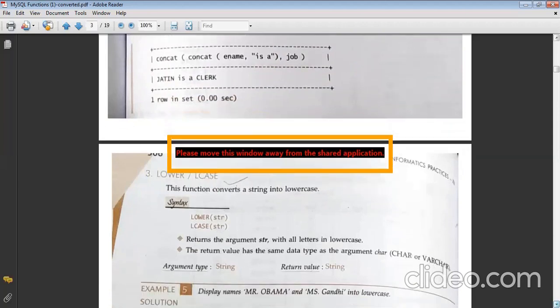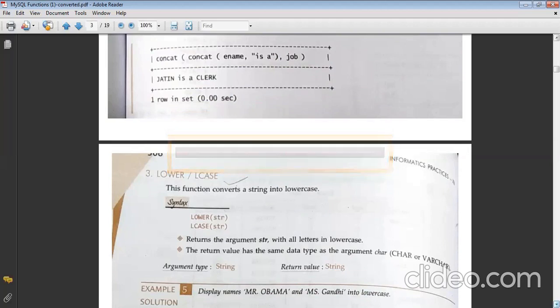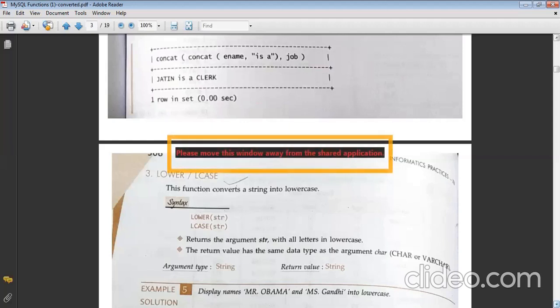Yes. Okay, so coming on to our third function. By this time we have covered two functions: one is your char and the second one is your concat. The third function is your lower or lcase, as the word itself suggests. Lower or lcase says that if you want some strings in lower case, lower case meaning small alphabets, you can just use this function. So how will you use this function? Just write lower before it and put the string into it.